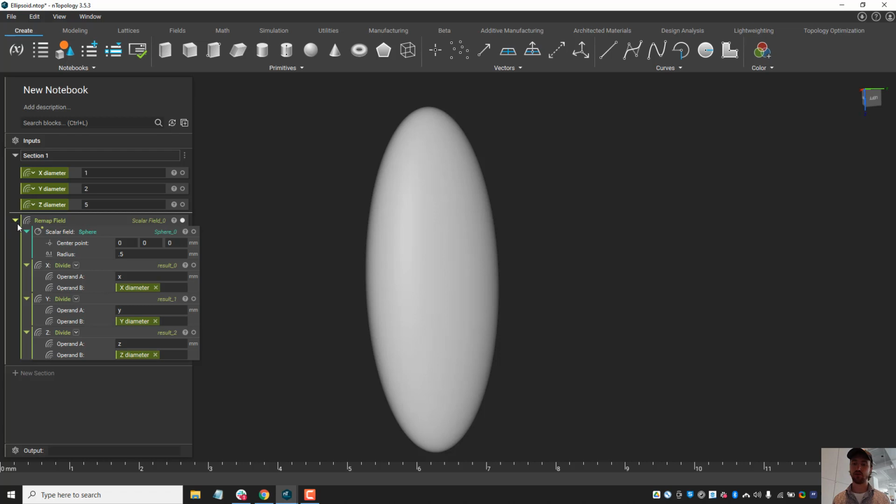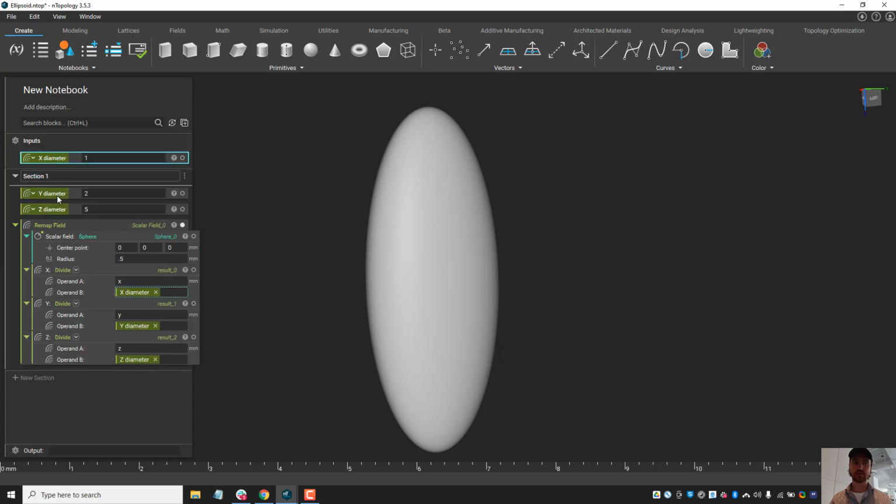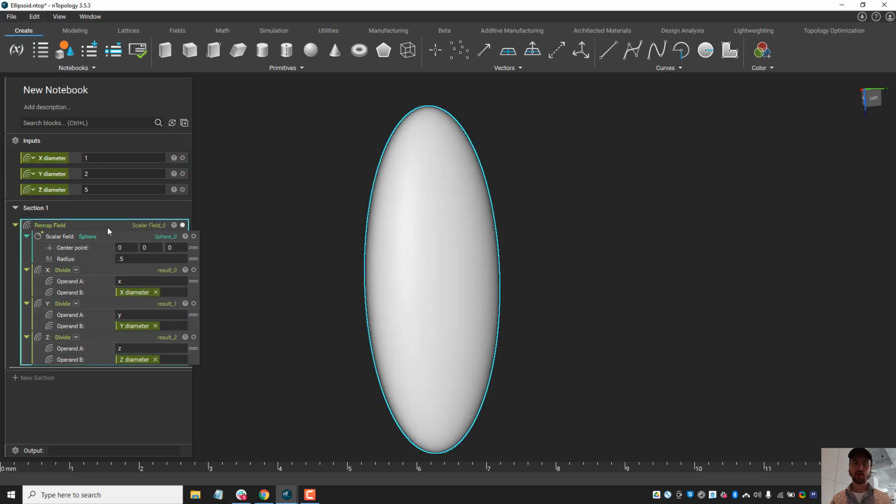Now we want to package it up, so I could either share it with a potential customer, or you could pass it around your organization or with your peers or coworkers. So what we're going to do is package it up by selecting our desired inputs. In this case it's just the x diameter, y diameter, and the z diameter, and our desired output is going to be dragged to the bottom here, which is the ellipsoid. I'm going to go ahead and name this function, so we're going to name it ellipsoid,